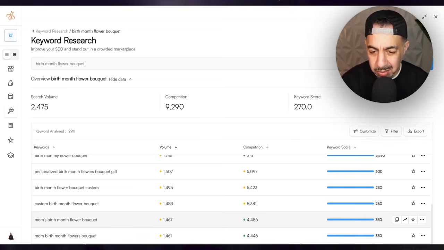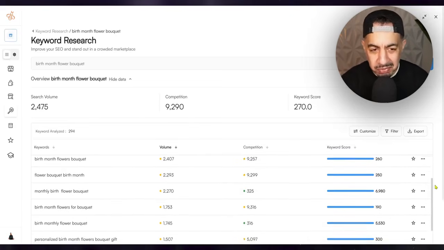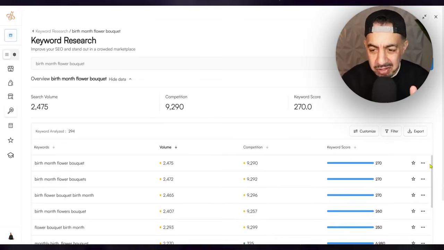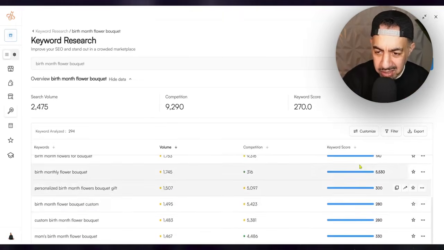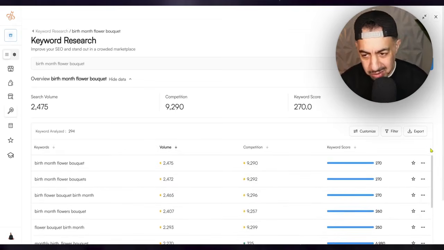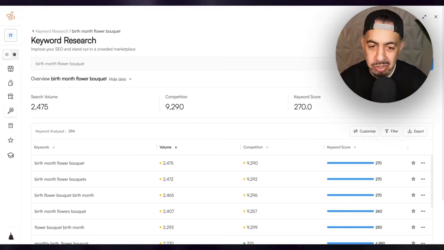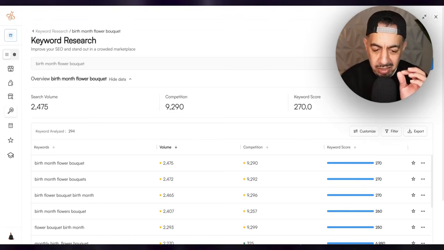1,467 type that in on a monthly basis, and it has a competition of only 4,486 with a massive keyword score of 330. Now, my point is this: there are so many birth month flower related keywords that have a very, very high keyword score. If you look on the side here, you can see how high it is. The higher the keyword score, the better, which tells me, this is like an investigation, guys, right? This is a very high demand, still unsaturated, low competition, especially when you actually create the right type of birth